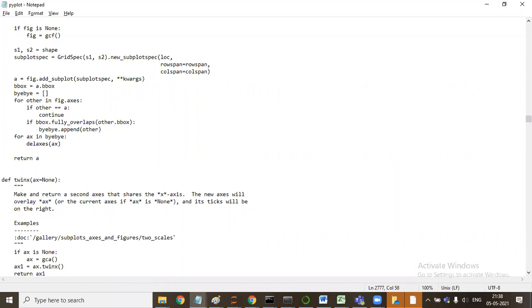It has the hist function, the hist2d function, and others. These are all ready-made functions which can be used.